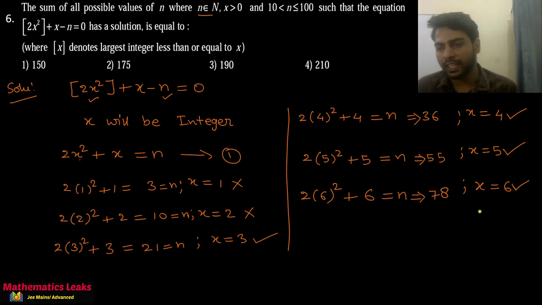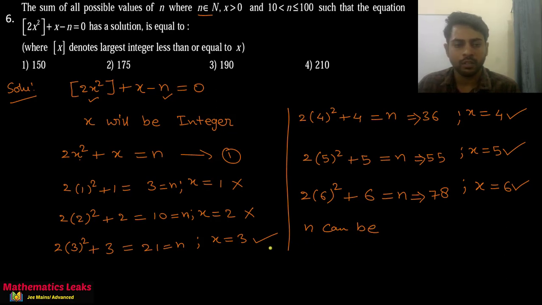So now if you check for x equals 7, 7 square is obviously 49 and into 2 is 98, 98 plus 7 will exceed 100. So for greater than 6, any integral value of x will not satisfy, and for less than 3, any integral value will not satisfy. So now we can see here all the possible values of n,